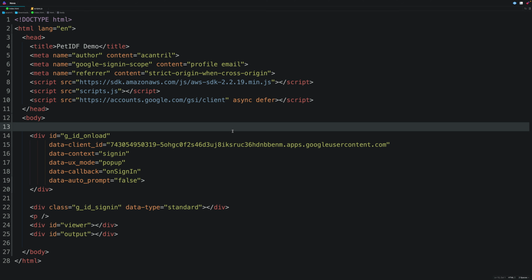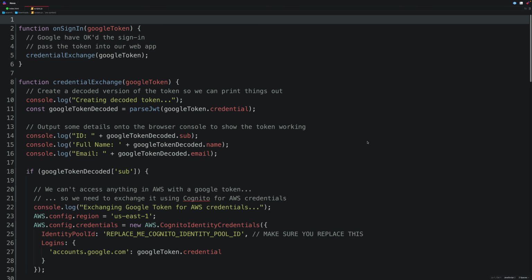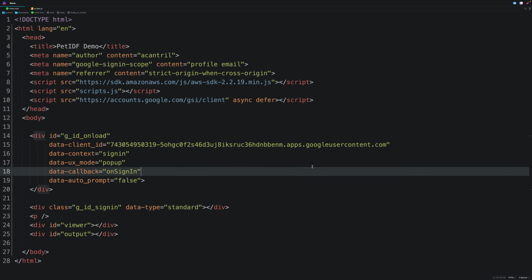Now we need to replace some placeholders in the scripts.js file, but it's useful at this stage just to understand how this HTML works. When the page is loaded, there's a button which is displayed which redirects through to the Google Identity Provider. So when you click on this button, the page changes through to the Google IDP, you perform an authentication operation, and then the Google authentication token is returned.